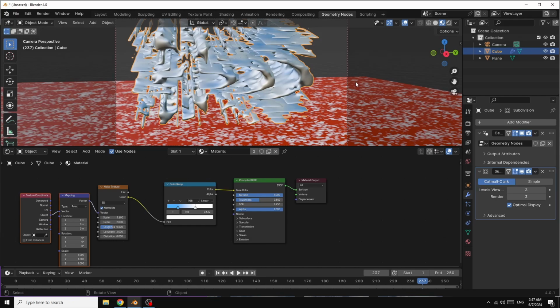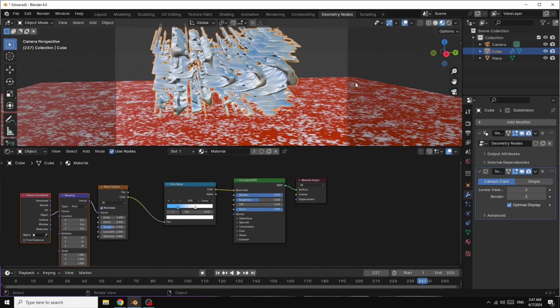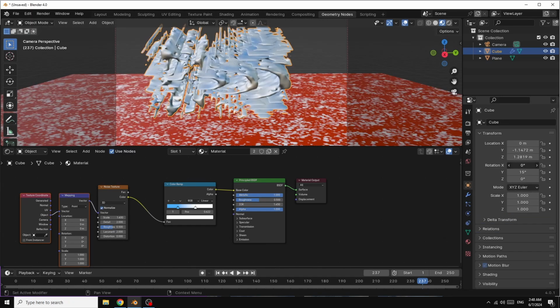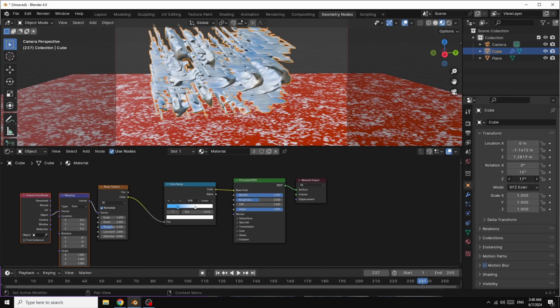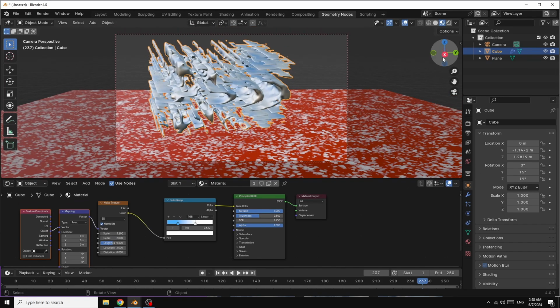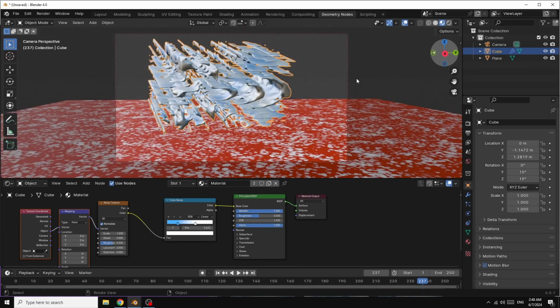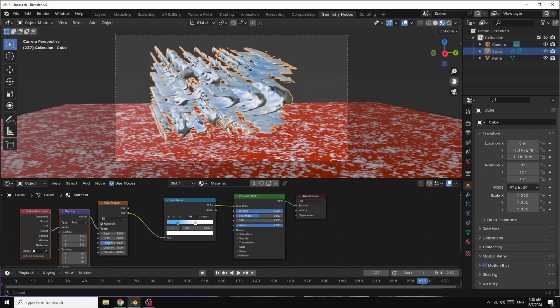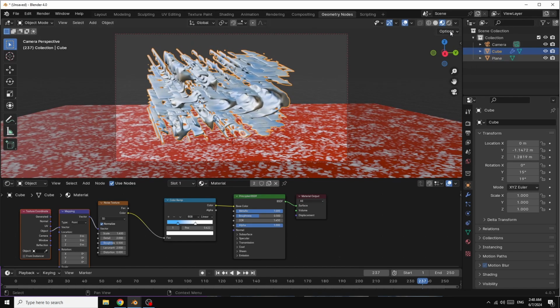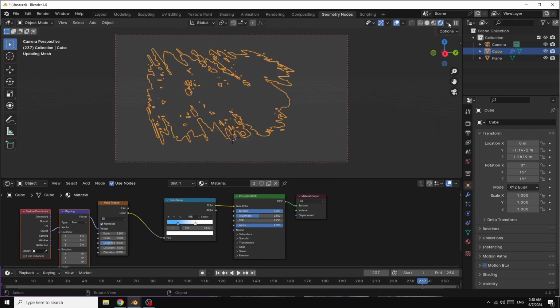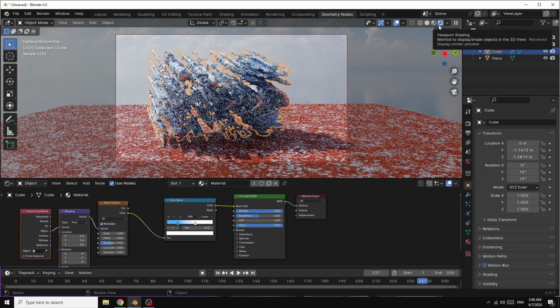Now, as you can see, we have a smooth object like this. And I change this position to make it like this. Now if I go here in viewport, I go here in viewport shading,